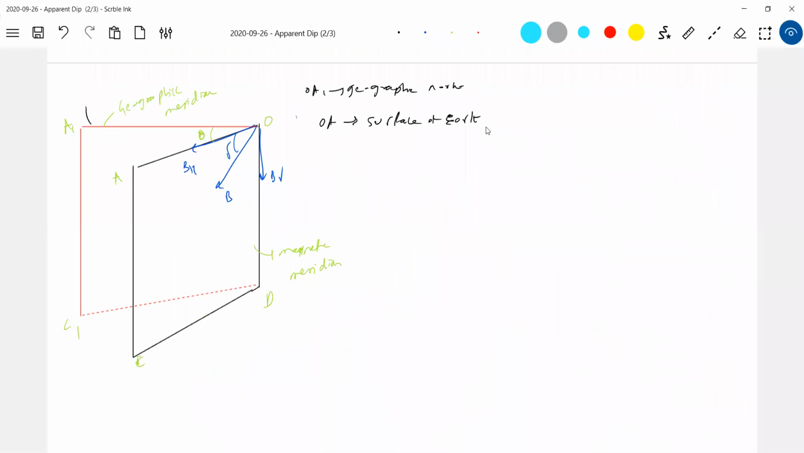Geographic meridian, magnetic meridian. First, how to locate the magnetic meridian? You should suspend a bar magnet freely. The plane in which the freely suspended bar magnet lies is the magnetic meridian. Even this magnetic meridian identification is a big problem. So what is a magnetic meridian? It's a vertical plane